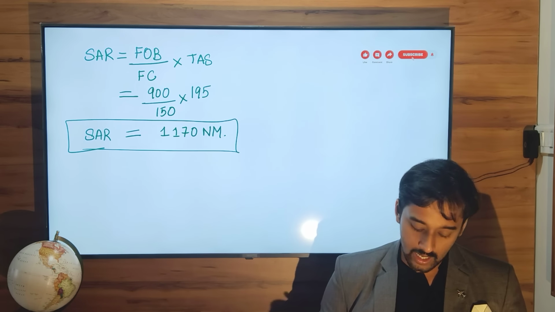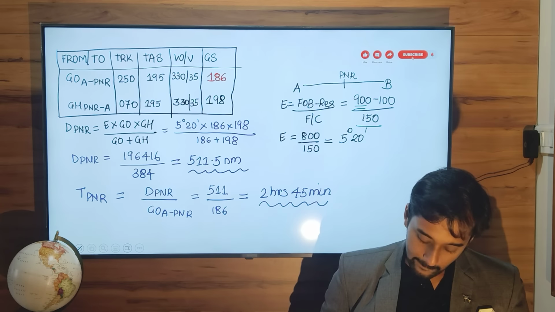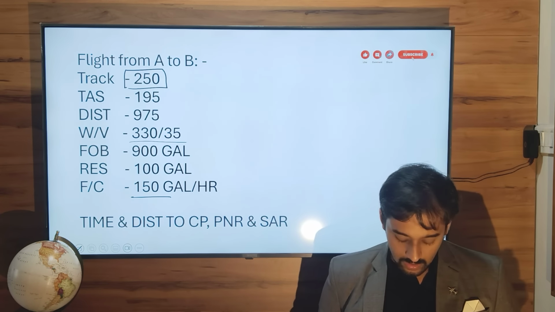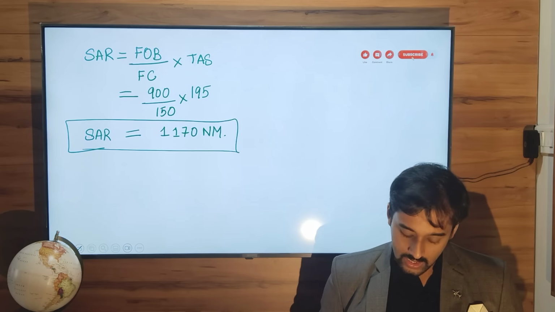So this is how you do the entire sum, the same way that we have done the previous sum. Now let's go to the next sum, which is again